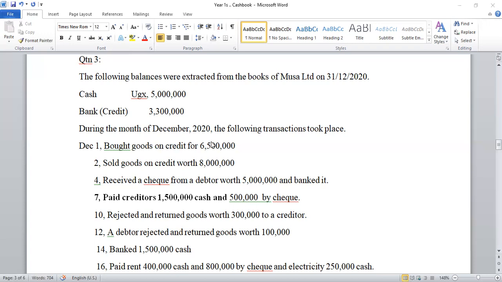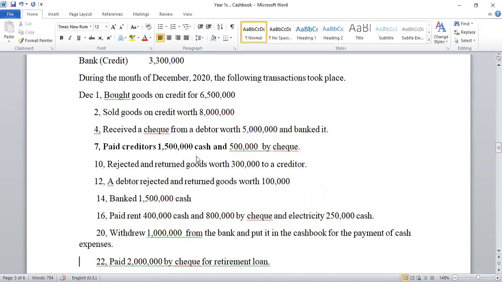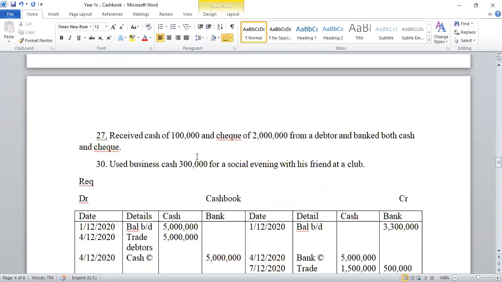So I had started on this number, and I don't intend to repeat the part I already covered. I shared the video. I hope you guys saw it. Otherwise, I had talked about the cash book ledger, how it looks. And I told you it looks like this. This is a two-column cash book. We have three types: a single column, a two column, and a three column. For a single column, you are looking at either cash transactions only or bank transactions only. Then for a double column is where you have cash and bank. Then for a three column is where you have discount involved, discount received or discount allowed.